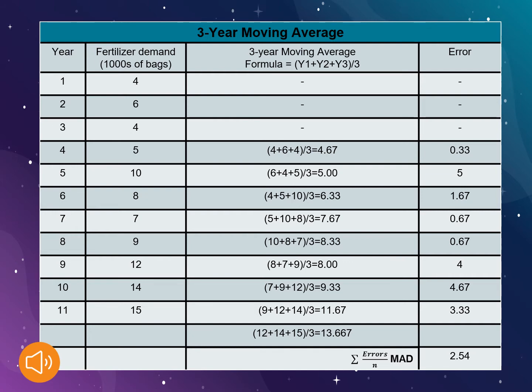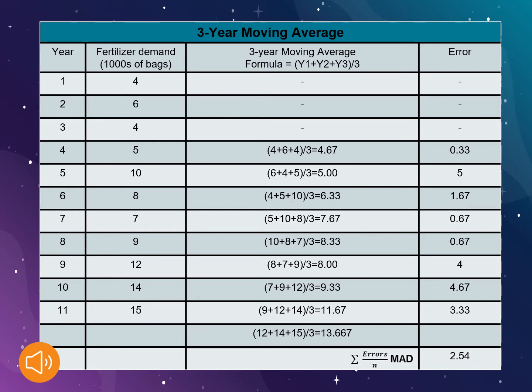So that's how you solve all of the data. I won't be enumerating each of them, so we're going to move on to the errors. The errors are significant to get our MAD. For the MAD formula, we just add all the errors and then divide by how many data points we have used. It's the same averaging method, which gave us a MAD of 2.54 or